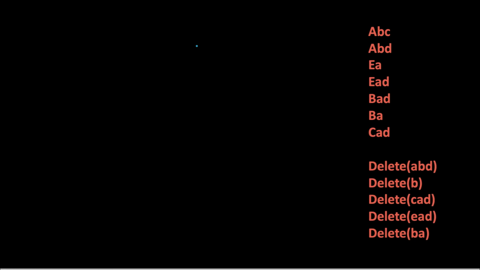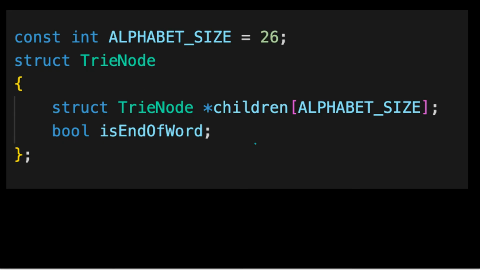First let's insert these strings in the trie. The structure of the node that I am taking is simple. It is a trie node that has an array of children pointers of size 26, the alphabet size, and we are keeping isEndOfWord to mark the end of the word.